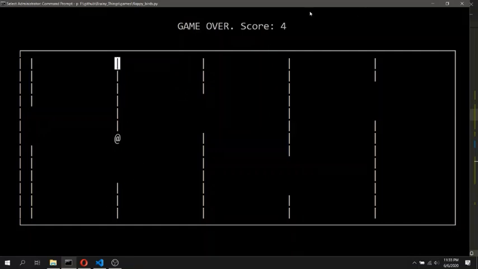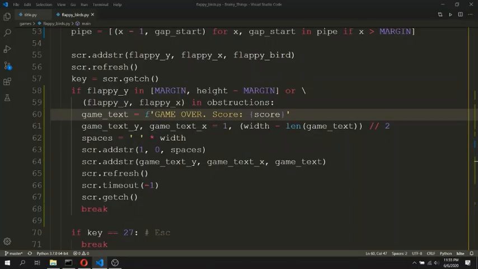So after the game over, we need to subtract 1 from the score because ideally we have not passed this pipe where we collided.